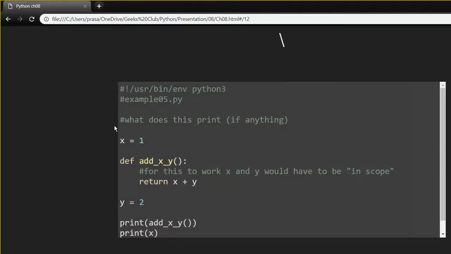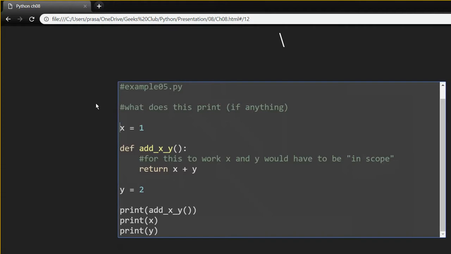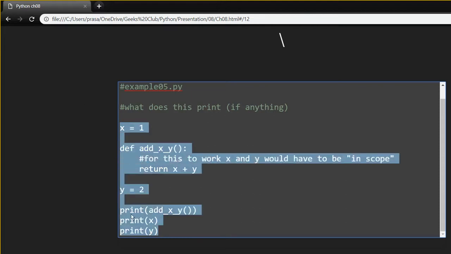So I'm defining x equals 1 and I'm trying to return x plus y, and I haven't defined x inside. So x and y are defined outside, and let's see what this example brings and how it works.